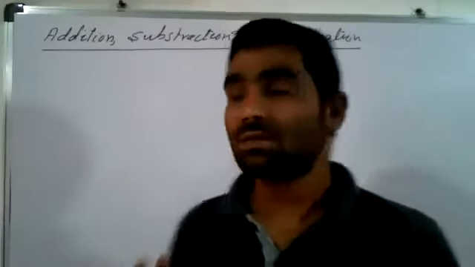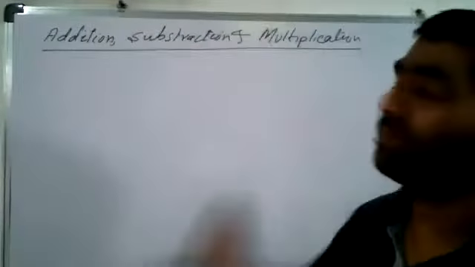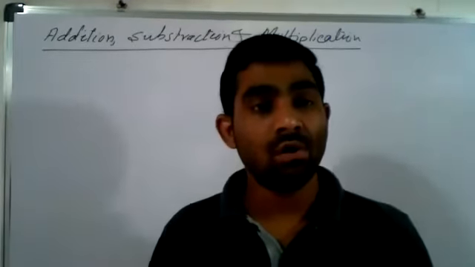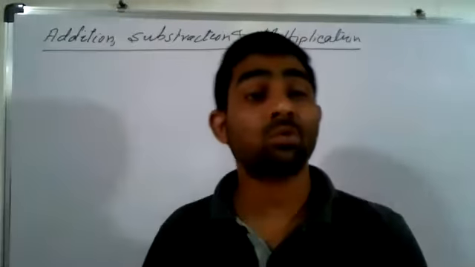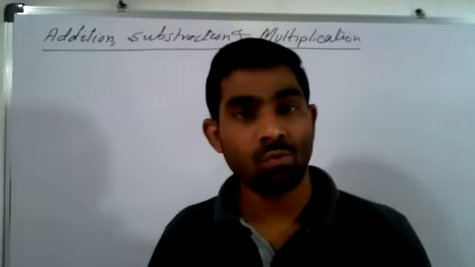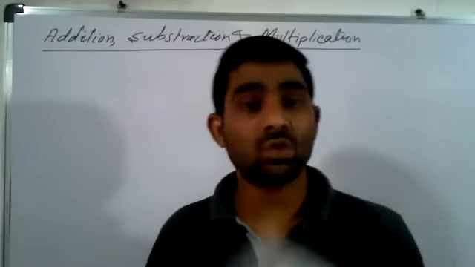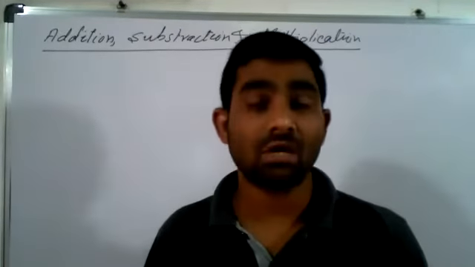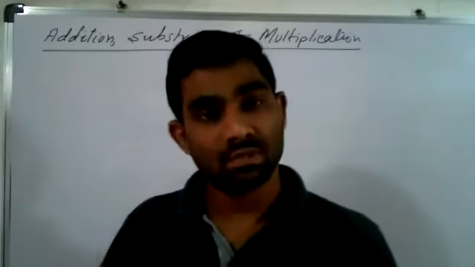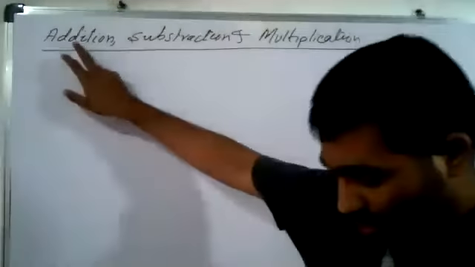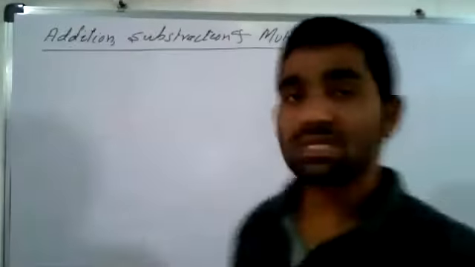So subtraction, addition, subtraction, and multiplication. How can scientific values which have exponential notation be transformed? When two values are given, how can we do their addition, how can we do their subtraction, and how can we do their multiplication? To perform the addition operation, there is a simple idea.